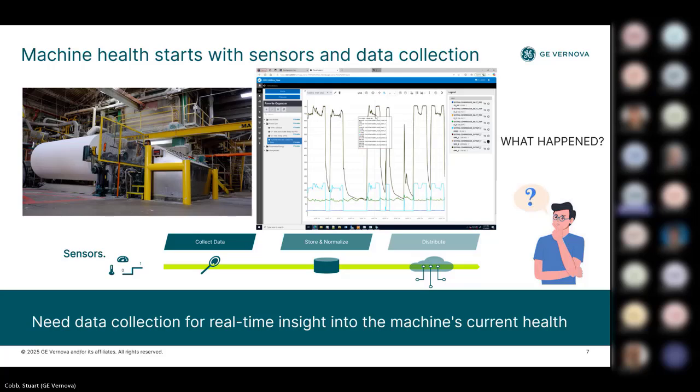So the second step would be a tool that allows us to store that raw data from the machine so we can then do dashboards or trending of that historical data